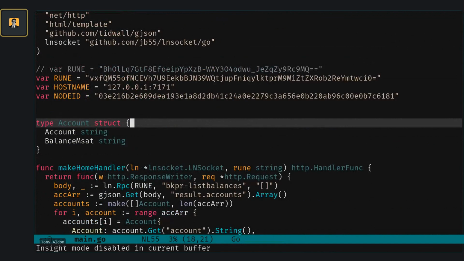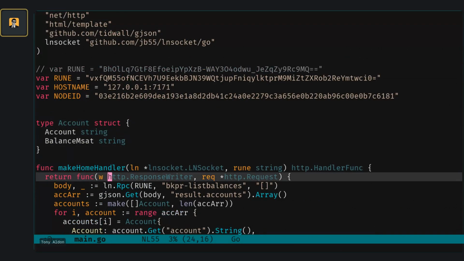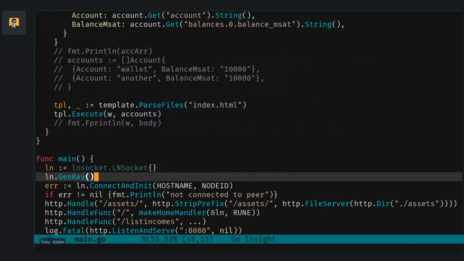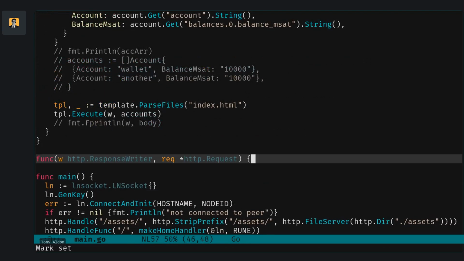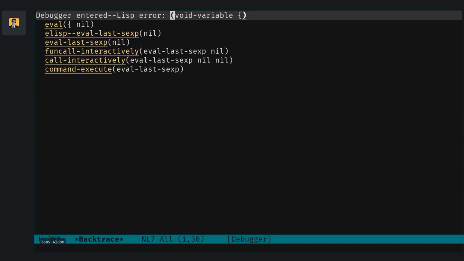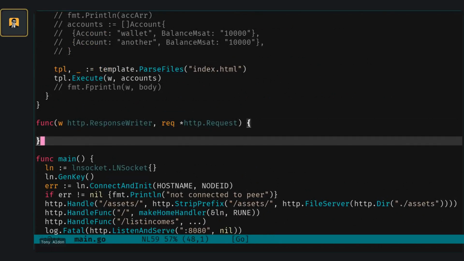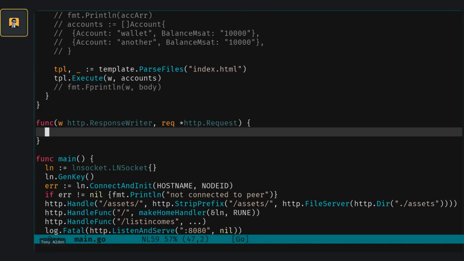Take that one. Now what we want to do is format f the println, and we have to do the same as before, but for list incomes. But I just want to show you